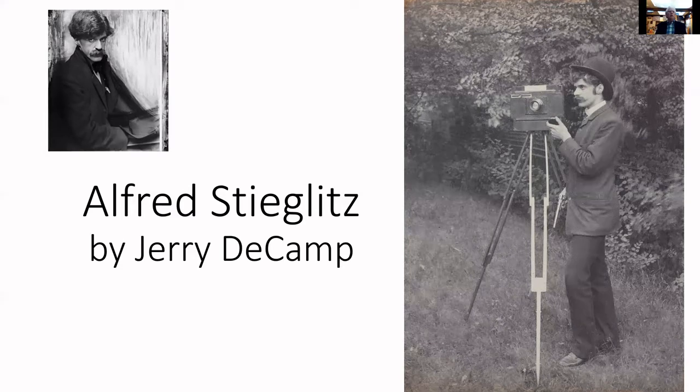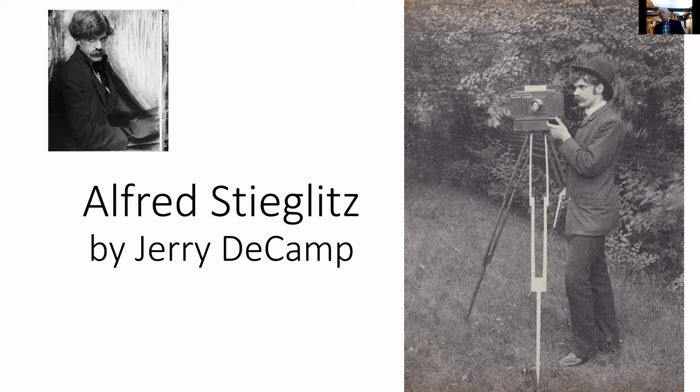Up on the screen in front of you, you can see an image of Stieglitz by Gertrude Käsebier, who's another American photographer who he supported and gave shows to. And it's a fascinating piece of work because it's a combination of darkroom manipulation. You can see how the image has been modified in the background, and then a very beautiful rendition of Stieglitz in incredible tonal range.